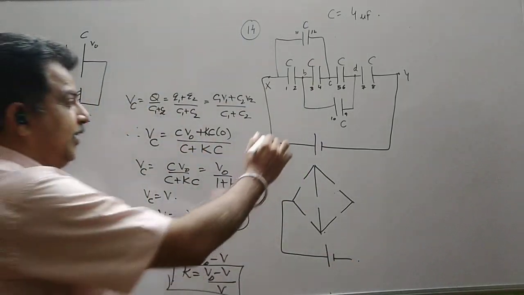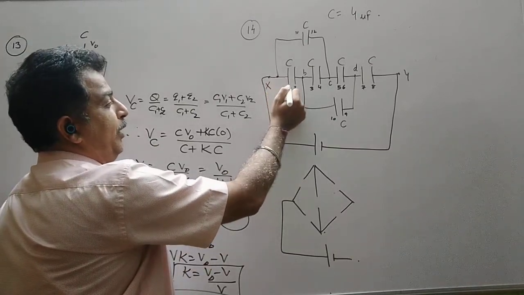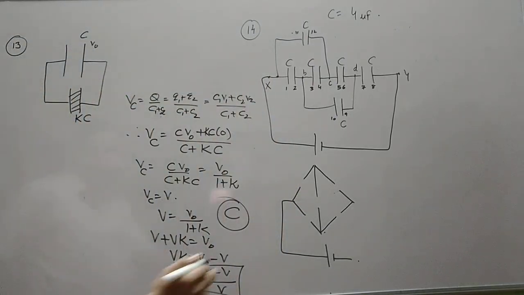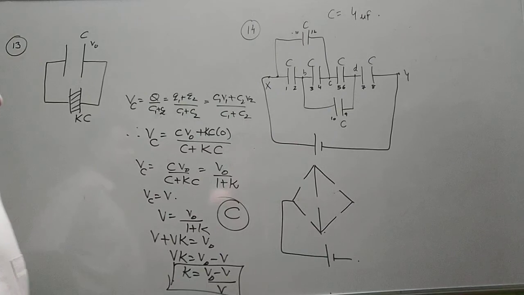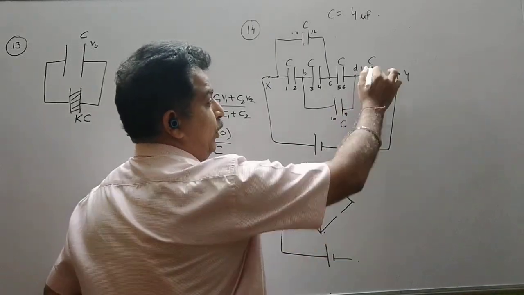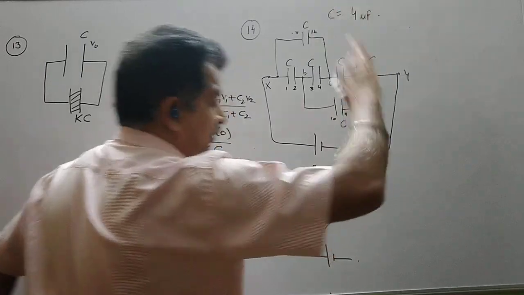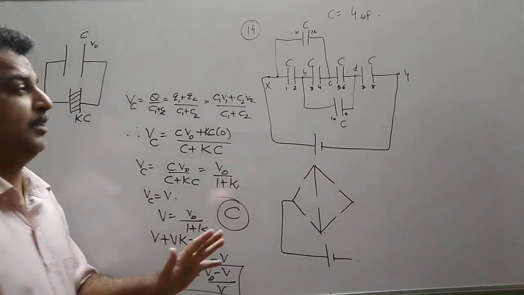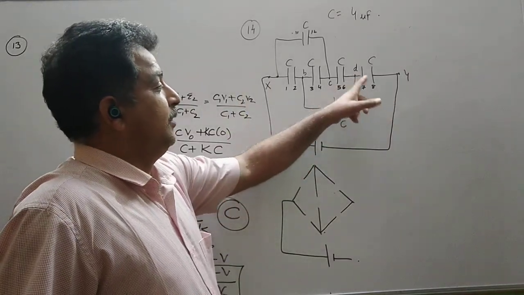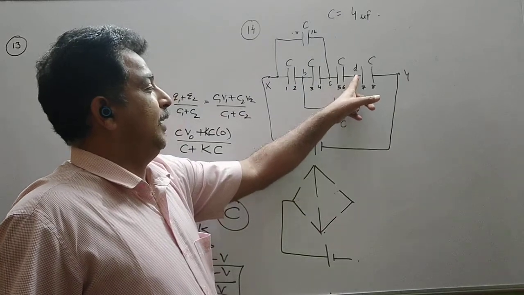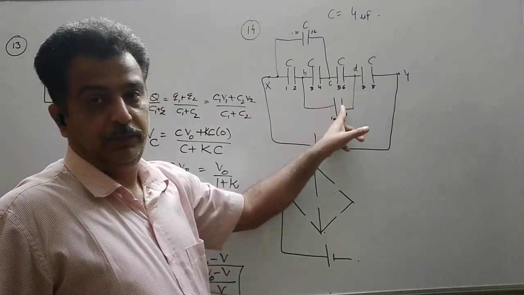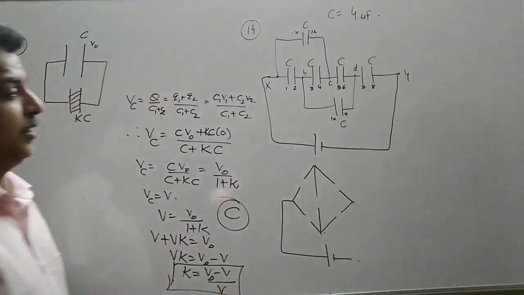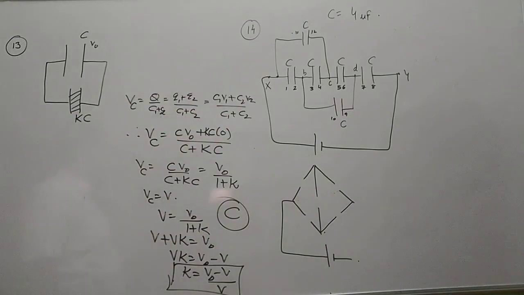Now see, in the diagram, from the positive terminal we have 2 plates, 1 and 11. In the Wheatstone bridge, the positive terminal is connected to 2 plates, but the negative terminal has only 1 plate. It means if it were a Wheatstone bridge, then we should have only 5 capacitors, and this Y point should be here, and at that time again I would have 2 plates. So here this is an additional capacitor, so clearly it should be outside the Wheatstone bridge.